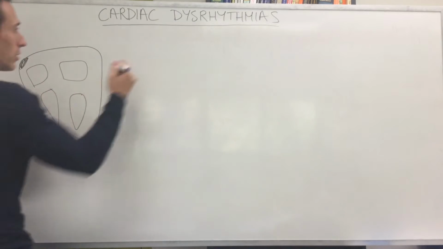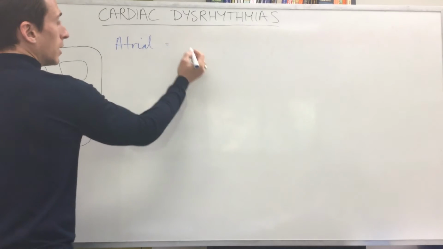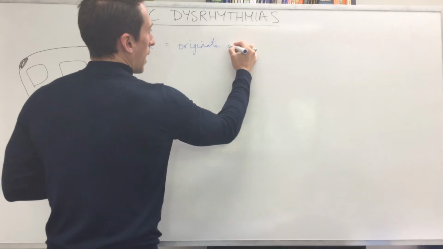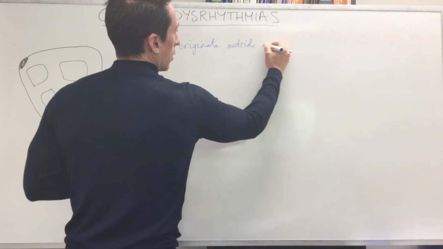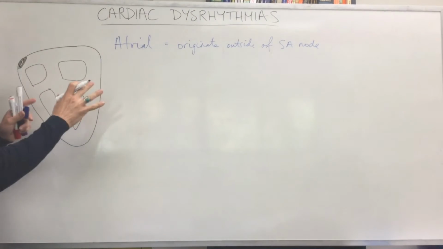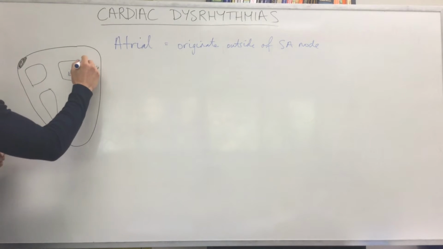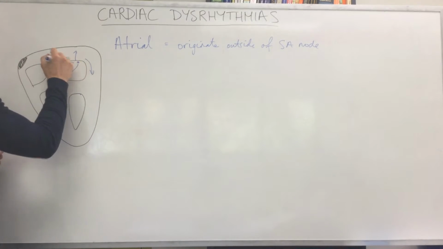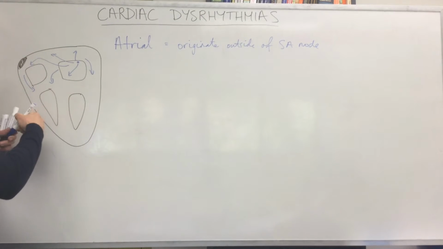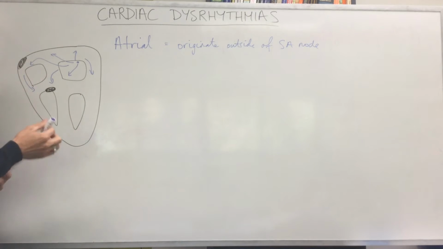So atrial originating dysrhythmias originate outside of the SA node. Now what that means is once this depolarization event occurs, let's say it was to start here, for example, it's going to propagate its signal in many different directions until it makes it to the AV node,